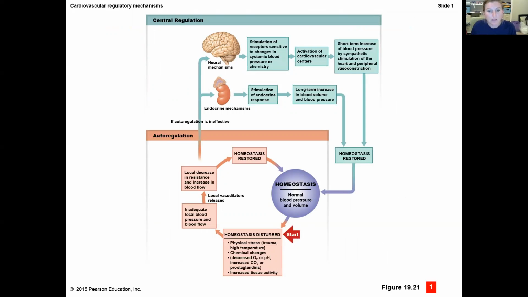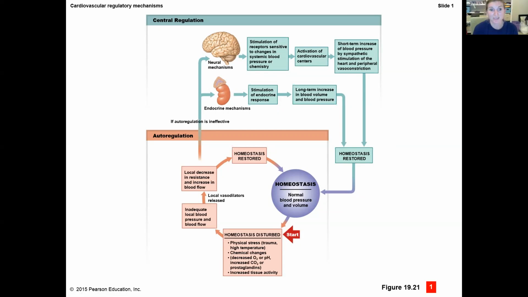And the way this reads, you start with the little start arrow at the bottom. Homeostasis is disturbed. You have some type of physical trauma or chemical change, like a decreased oxygen demand or an increase in pH or an increase in carbon dioxide or an increase in tissue activity. You start pumping iron or whatever. So there's going to initially be inadequate local blood pressure and blood flow to that particular area. So that's going to cause a decrease in resistance and an increase in blood flow to that area, which can